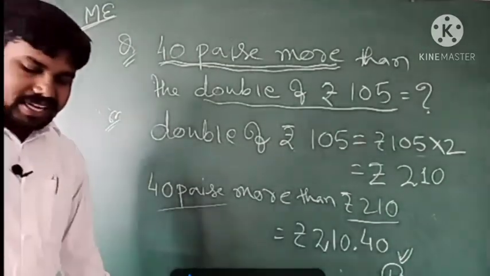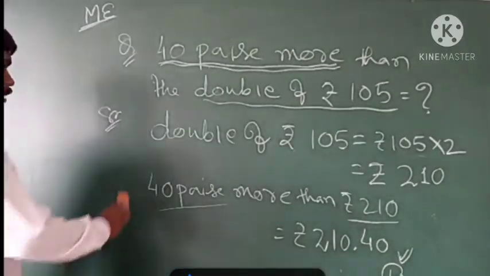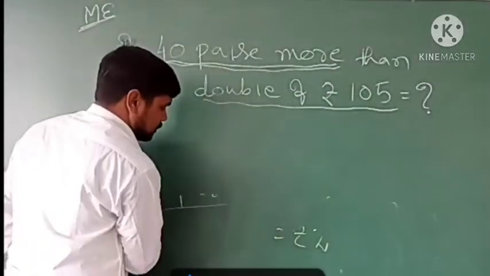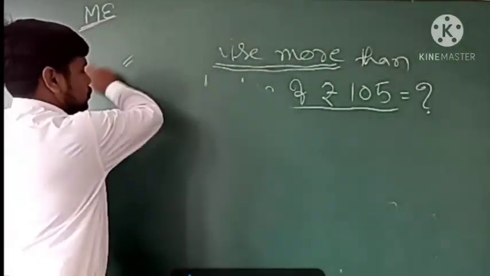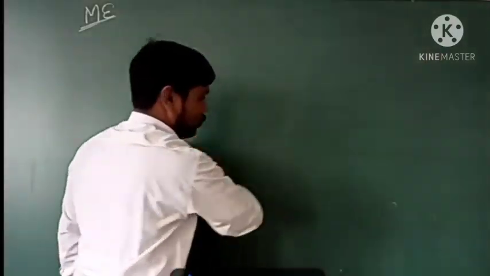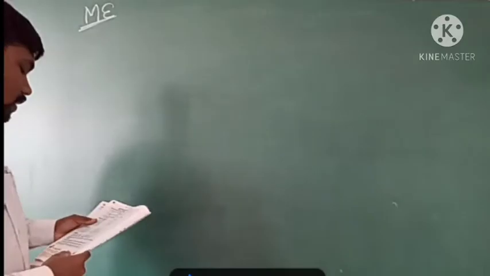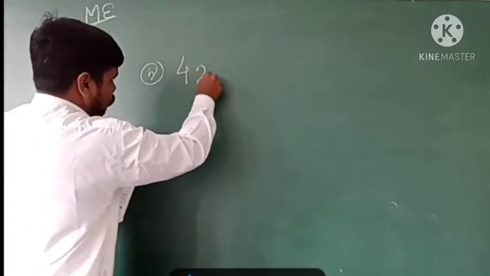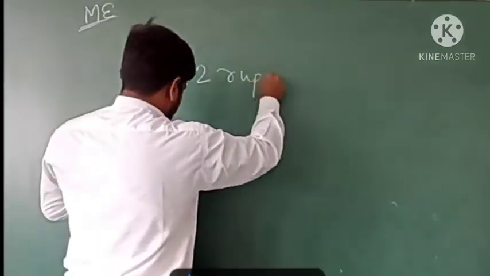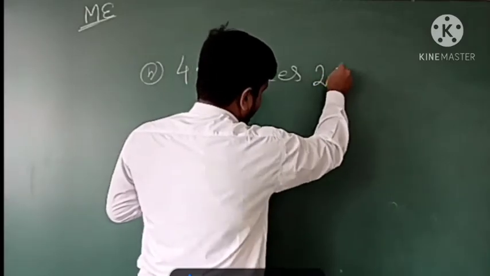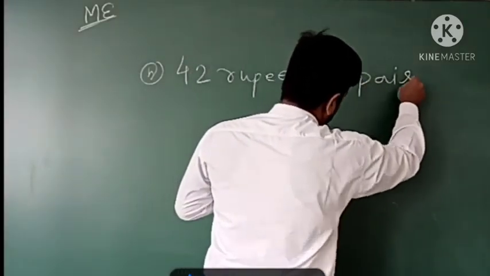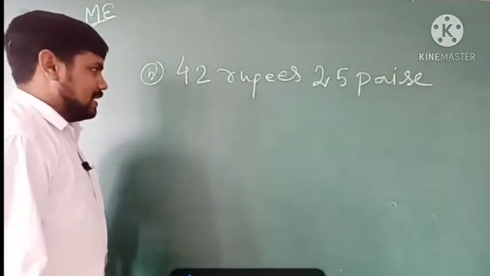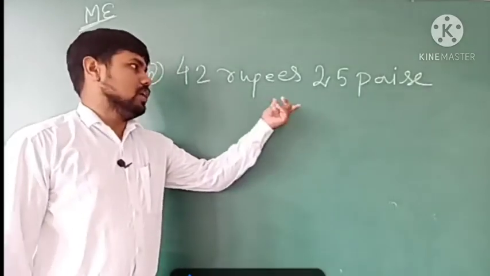Question number 2 is very easy because this is a question related to matching. We have already done this type of question in the exercise. So these are not so difficult. So let us do some of the questions from question number 2. As the first one is done for you, the second one is asking 42 rupees 25 paise. So how will you write this in figures? That is a simple question. It is given in words, you have to write in figures, that's all.